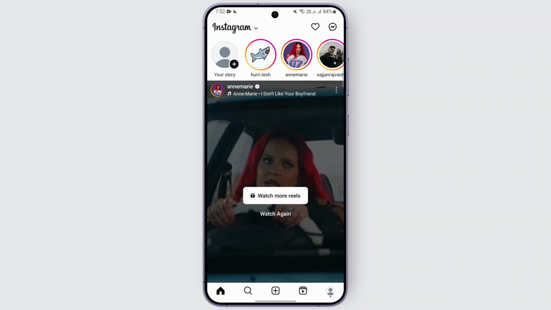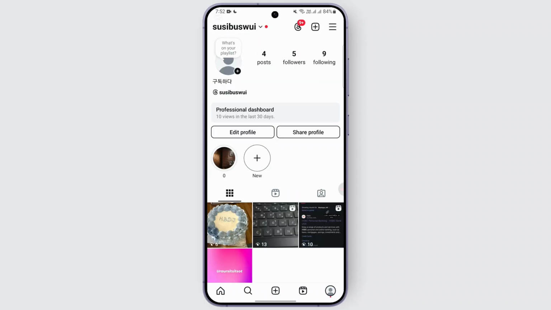In today's video, we are going to learn how we can hide Instagram posts from a specific person. So let's just go ahead and do it. For that, the first thing is opening up your Instagram. Once you are on your Instagram, you can go ahead and locate the account, or you can just directly